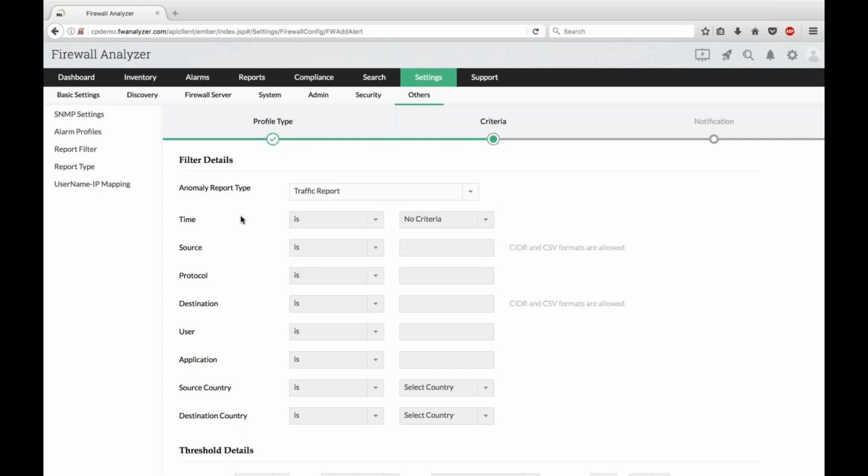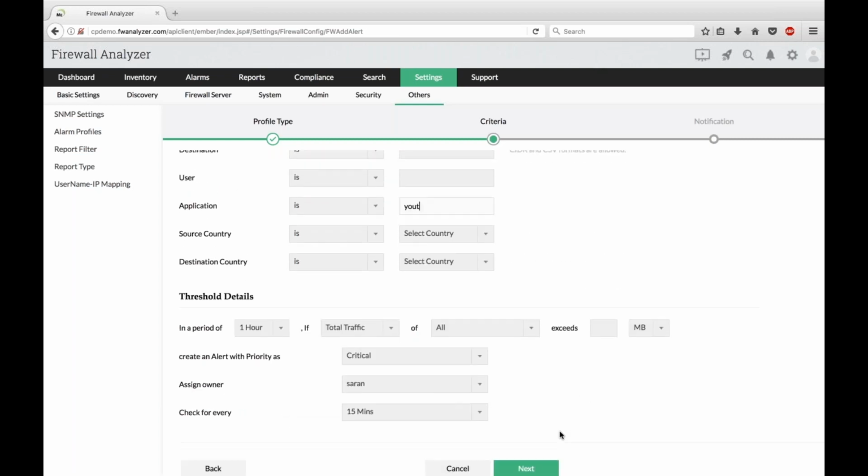Also, you have various filters. You can specifically say if John is using 1 GB in business hours, at a specific time, or from a specific source, or using a specific protocol, or to a specific destination. And you can also pinpoint, for example, if John is using YouTube to download more than 1 GB, you can pinpoint that as an alert too. But right now, we want to just identify whether John is using more than 1 GB in just 1 hour. So in a period of 1 hour,